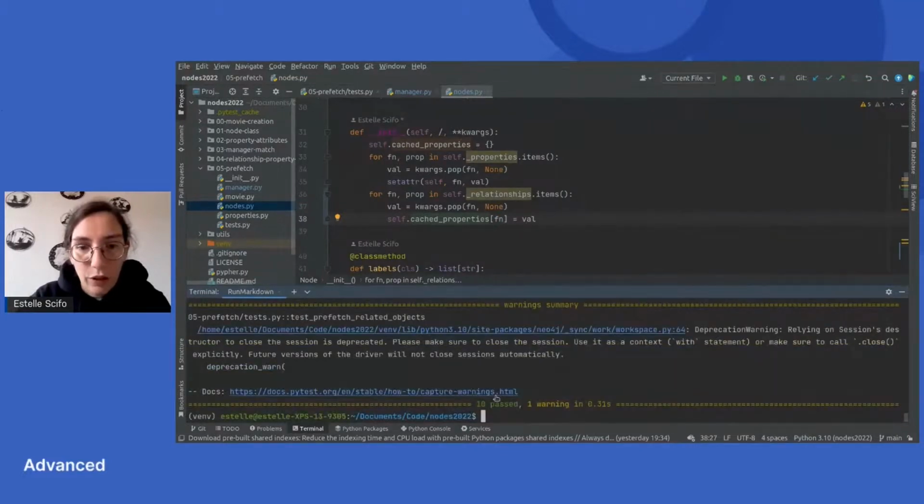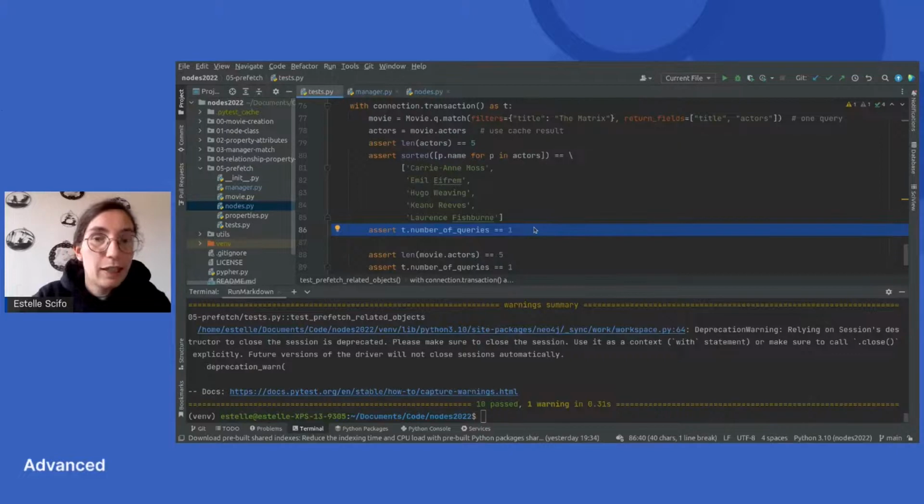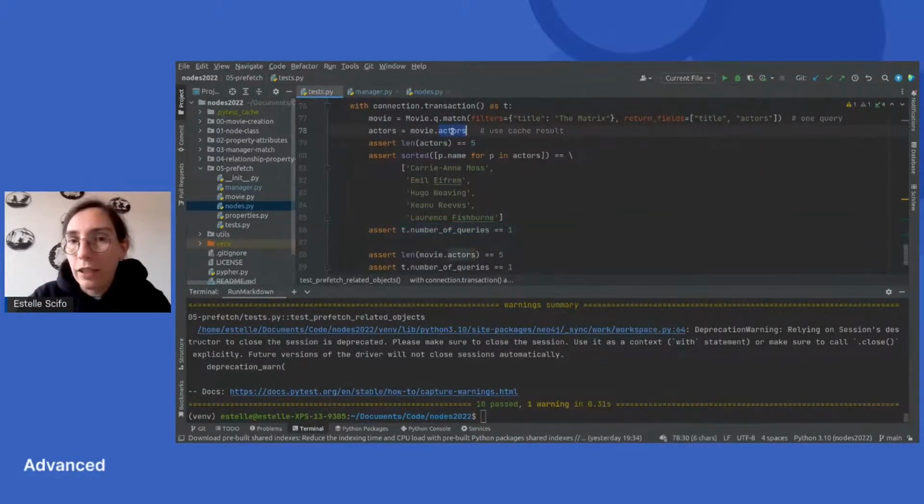We have one warning, but all my tests are passing, meaning that this time I have managed to fetch the movie and its actors in only one query. Because when I use that line here, movie.actors, the actors are already fetched, already filled, and I can use the cached results.